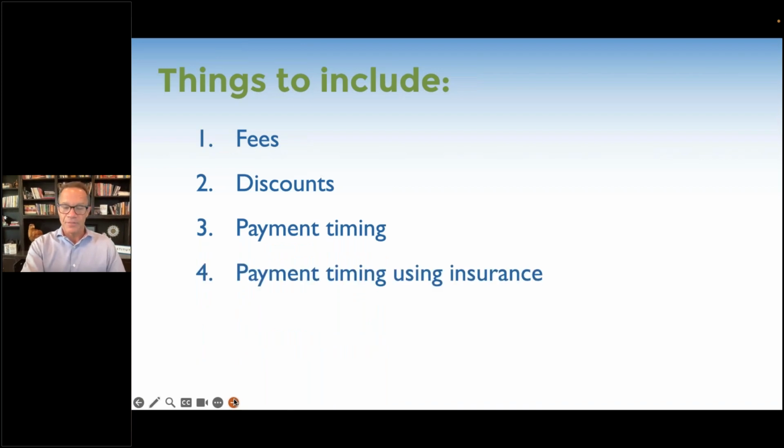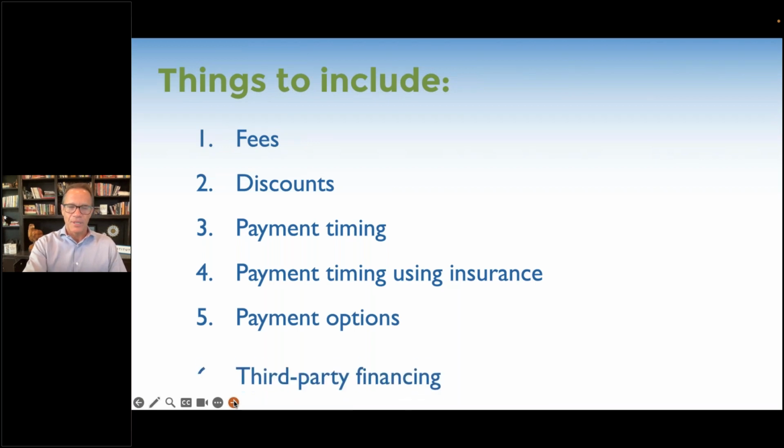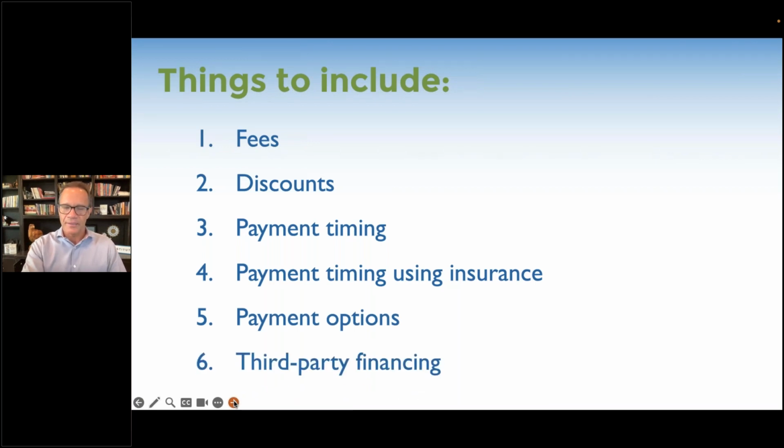Payment timing if they have insurance, how that's handled, how their insurance benefits, different payment options that you have, and third-party financing. Those are just some examples of some things to include in your internal financial guidelines. So the idea of your internal financial guidelines is it should be a document that you could hand any team member in your practice. Again, this is an internal document, and they would understand how you address financial arrangements in